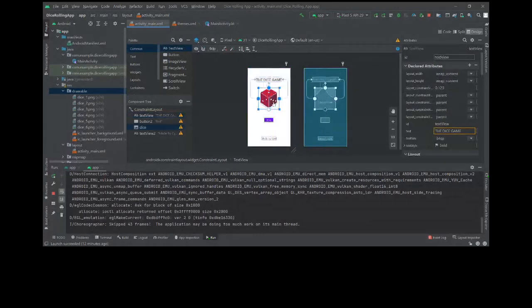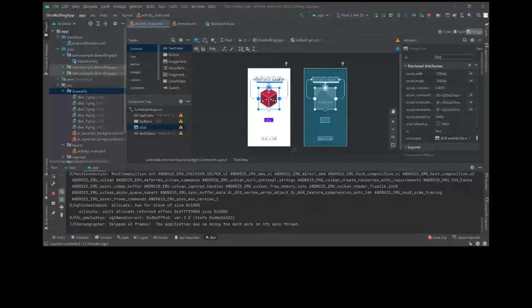Your image was not properly visible. So what I did is that I just changed the height and width. If you click the image, you can see there are two attributes. One is width and one is height. So I fixed both of them to 200 dp. dp is a measurement unit which Android uses. So you can use this. 200 dp, 200 dp, and now our image looks something like this.